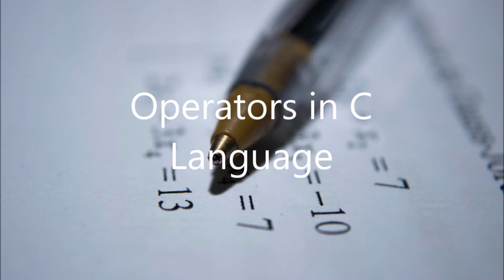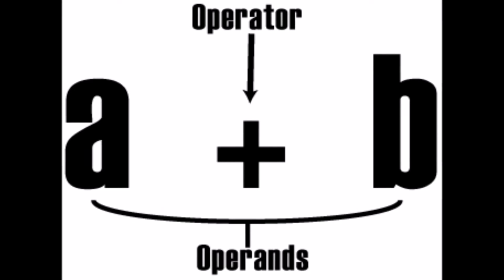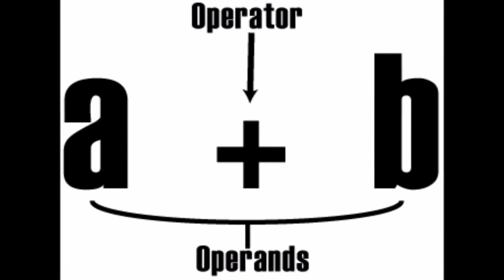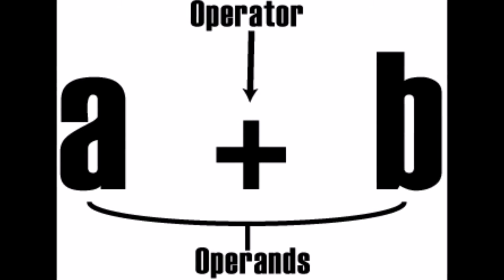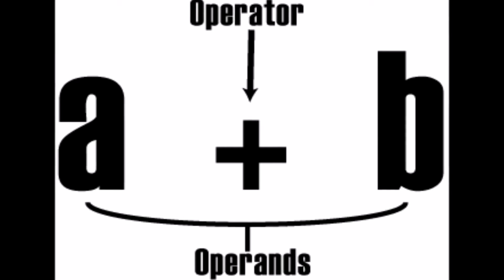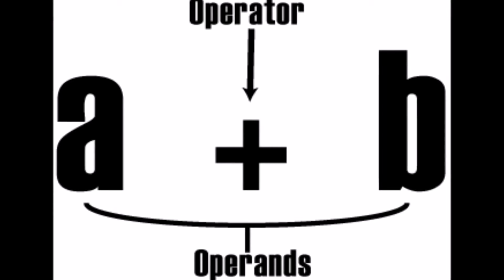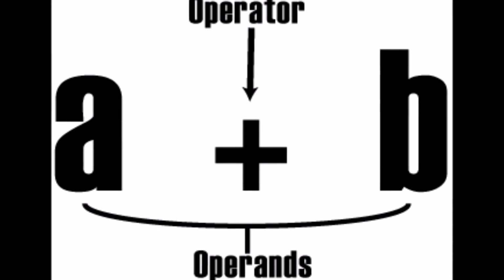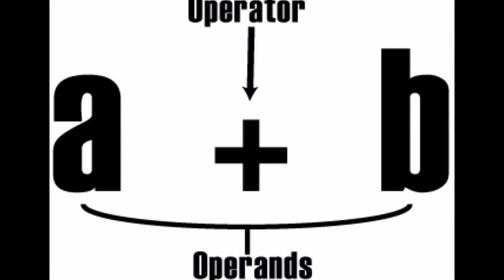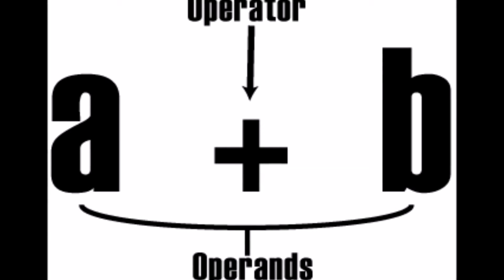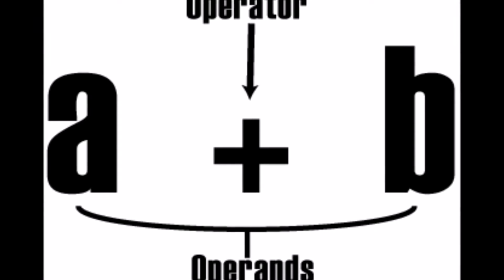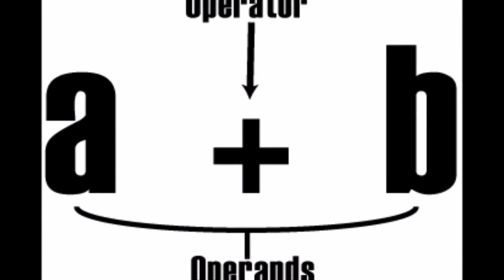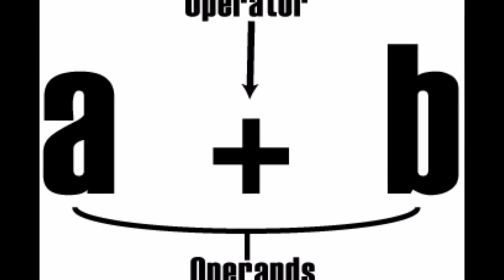In today's video, we are going to talk about the operators in C. Before getting started with the operators, first of all, I would like you to know two important terms: operators and operands. Operands are nothing but the values on which the operation is being performed, while the operators define the type of operation that is being performed on the operands. For example, if I give an expression 2 plus 3, in this expression 2 and 3 are operands, whereas plus